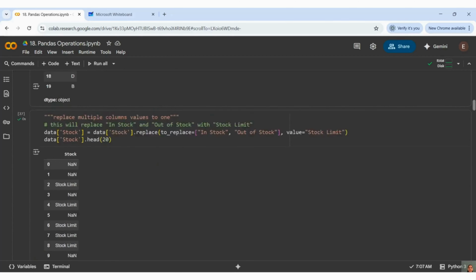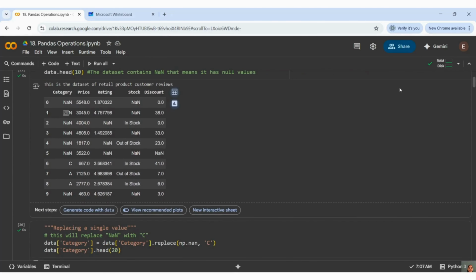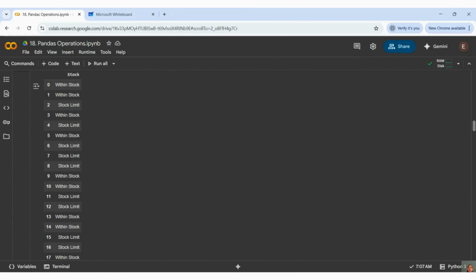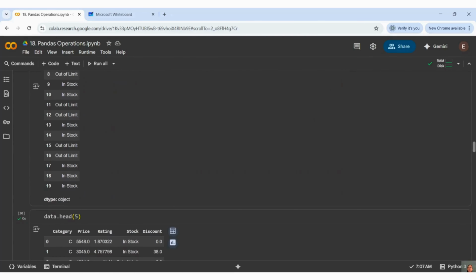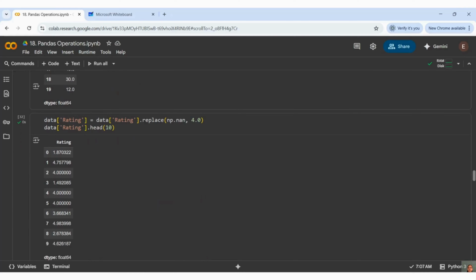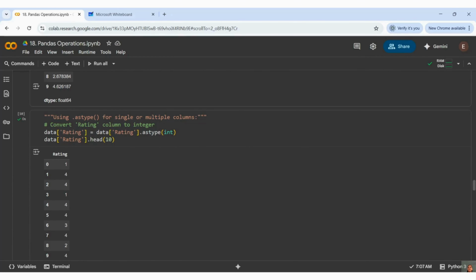Let me take you to the top section. You see rating contains 1.87. That doesn't look good, right? Either it can be rounded off, or any kind of integer value will look good in that case. So you need to judge for those kinds of cases whenever you are getting a data set. That is again a part of the data cleaning operation.